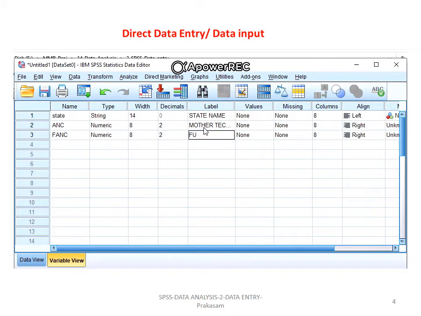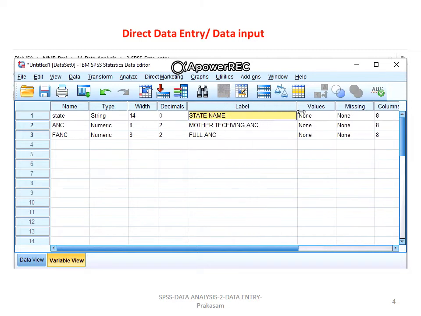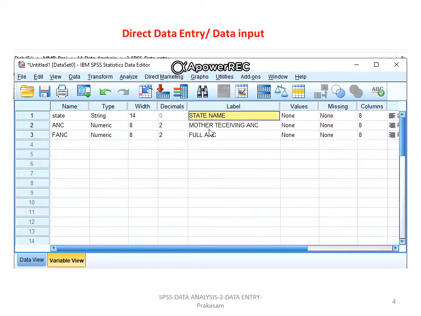I will write full ANC here. If I want to make some corrections, for the state name you can enhance it, or for mother receiving I can correct it here.